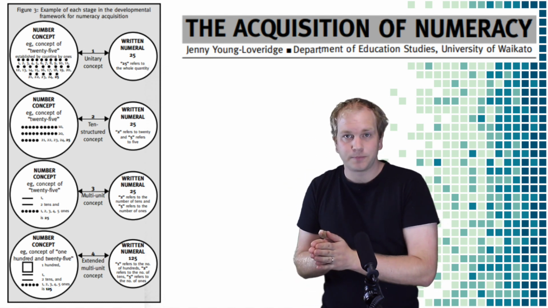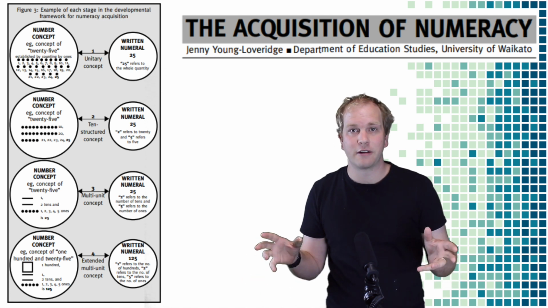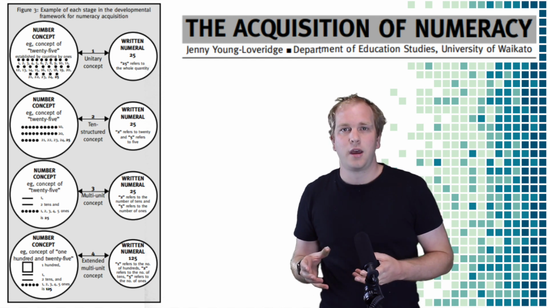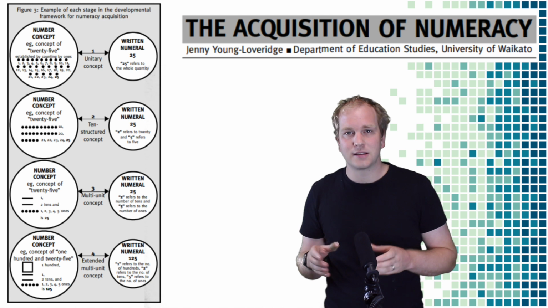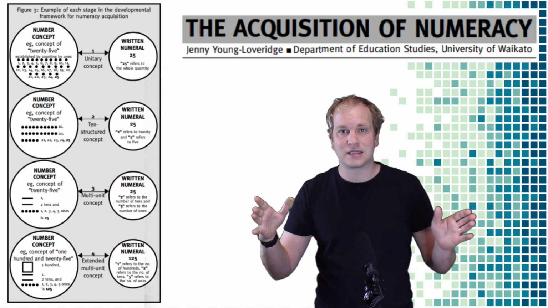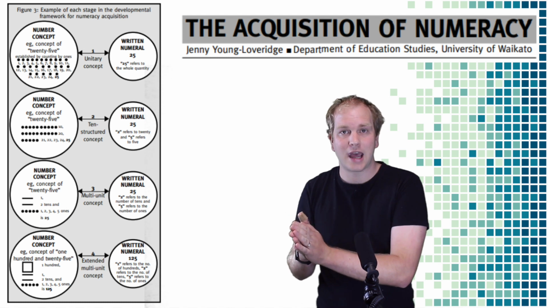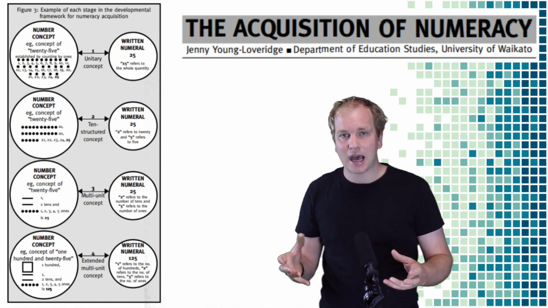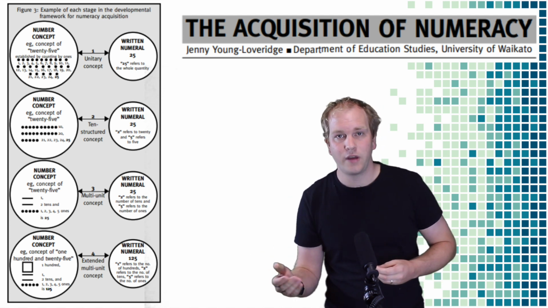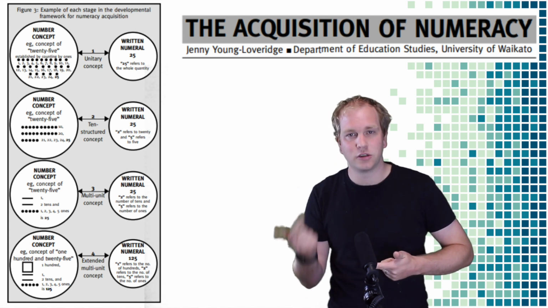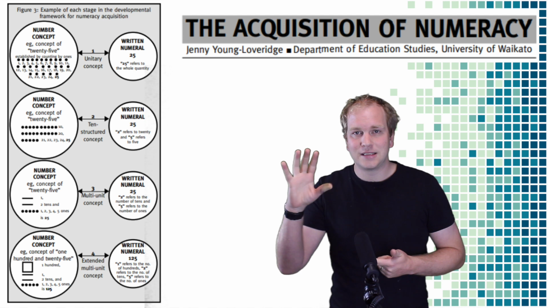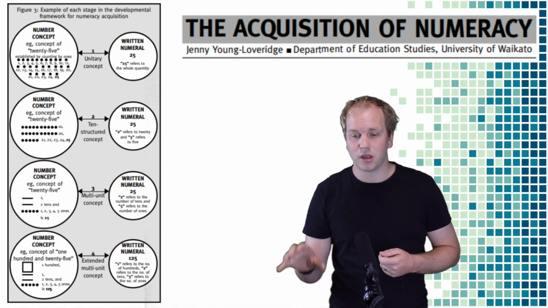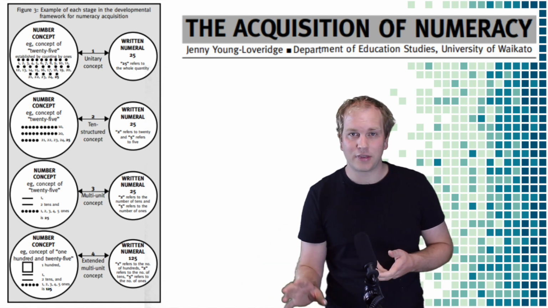Now, the second stage is called the ten-structured unitary concept. This is where, after a bit of practice and exposure to 2-digit numbers, they start to realize that they can group tens, and that those grouped tens can have a new name. For example, 10, 20, 30. And so here, they end up getting stuck thinking of numbers like 25 as 10, 20, 21, 22, 23, 24, 25. Now, it's this stage where I find lots of students get stuck and never quite progress to the multi-unit concept. And we'll talk about that in a moment.